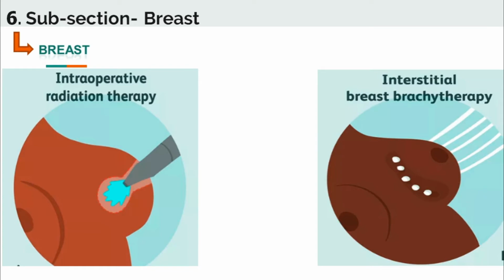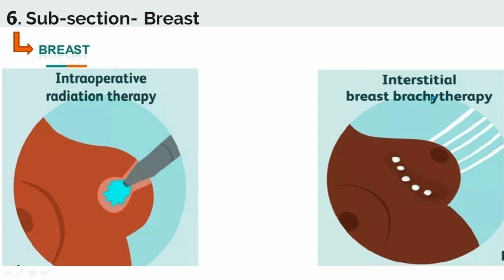You can see in the picture that these are radiation therapy treatments. This is intraoperative radiation therapy. Here, after a partial mastectomy, removing a part of the breast along with the tumor, the physician will place this applicator at the site of the previously removed tumor. Then he will release low radiation at the site of the previously removed tumor to defeat the cancerous cells. So this is how intraoperative radiation therapy is performed.